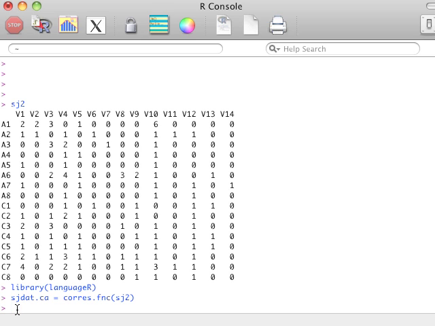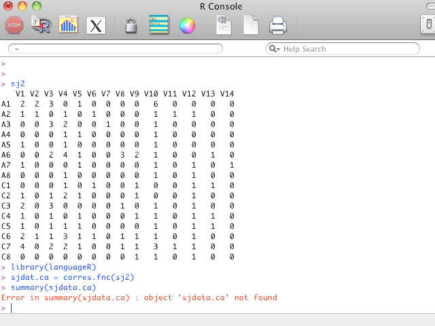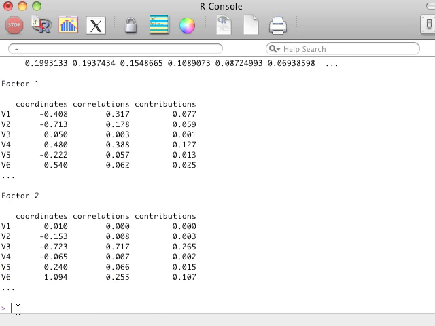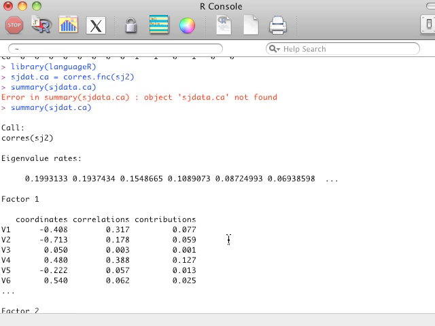It doesn't show the result, but we can look at that by doing summary. Of course, you have to get the spelling right. So here, this shows a little bit of the summary. It's a little bit hard to analyze,